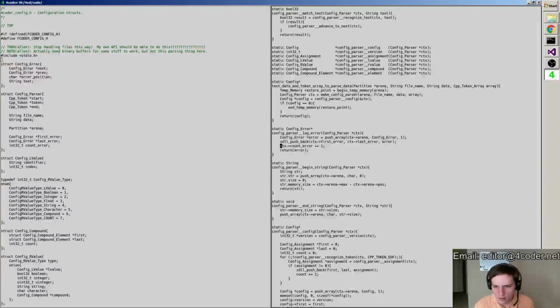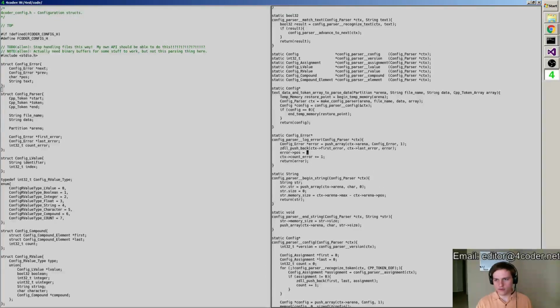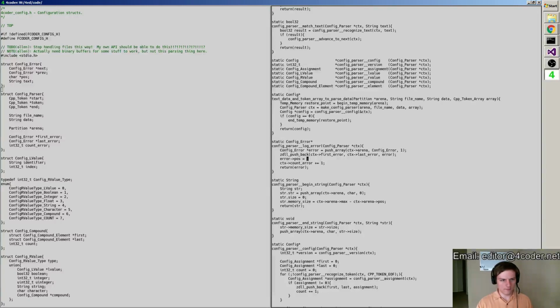Because then, when I create an error, I do all that stuff, and I will set its error position. I'll just call this position, actually, like that, and I will get that from the parser by going context data.string plus context token start.